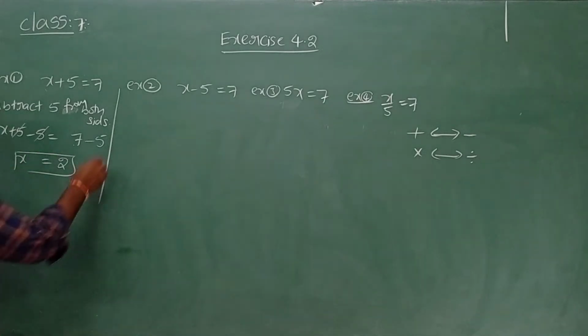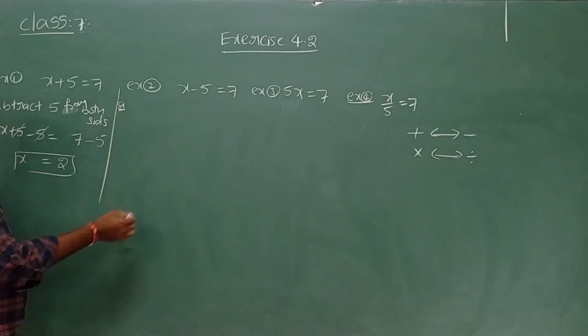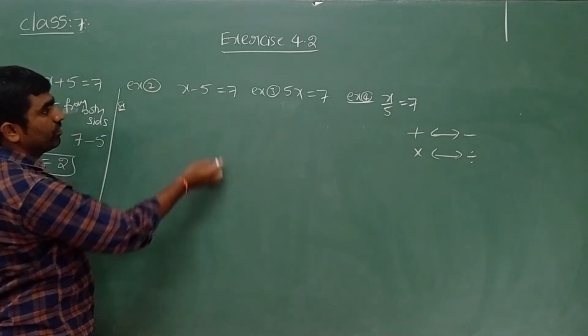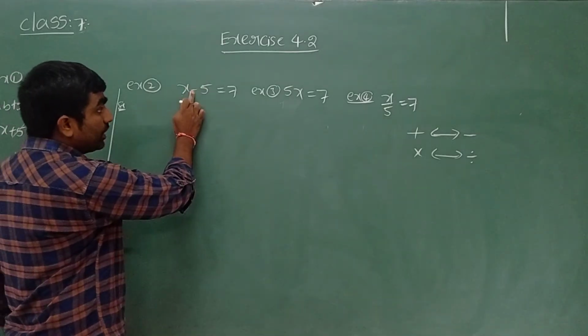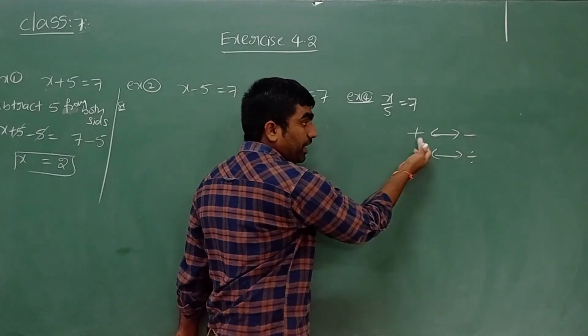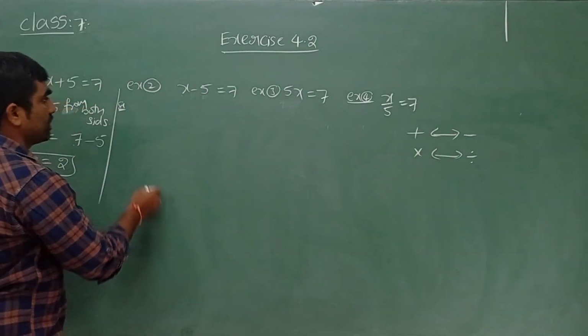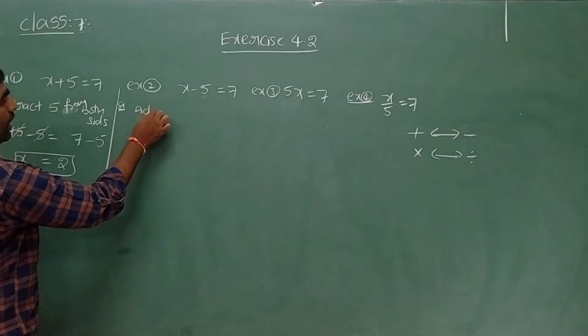Now let us go for the next one. We have to find the x value. We have to make x separate, x alone. We have to remove this minus 5. So how can I remove this minus quantity? By adding. What can we add? 5. We can add 5 on both sides. Now let me write here, adding